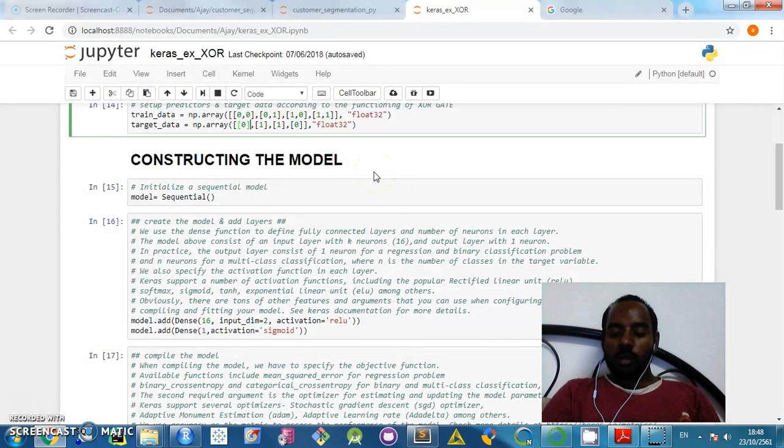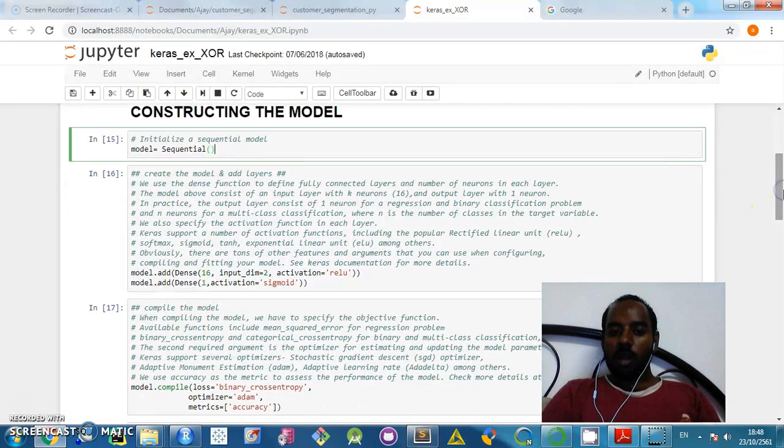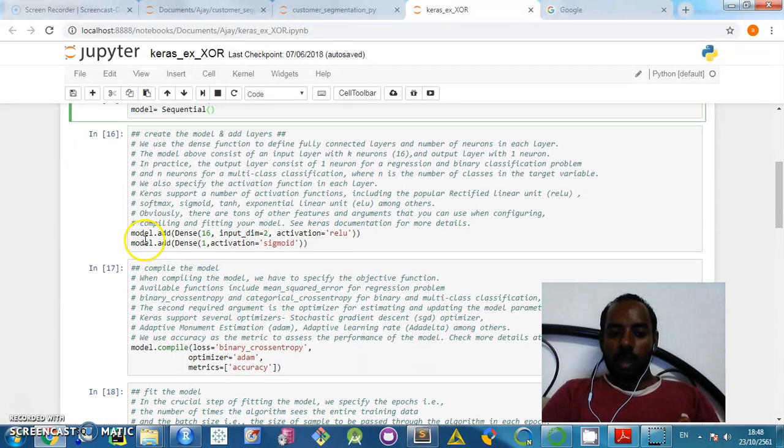Then the next thing is we construct the model. So first we initialize the model. Here in this case we initialize a sequential model. Then we create the model and add layers. So we use the dense function to define fully connected layers and the number of neurons in each layer. In our example we use 16 neurons for the input layer